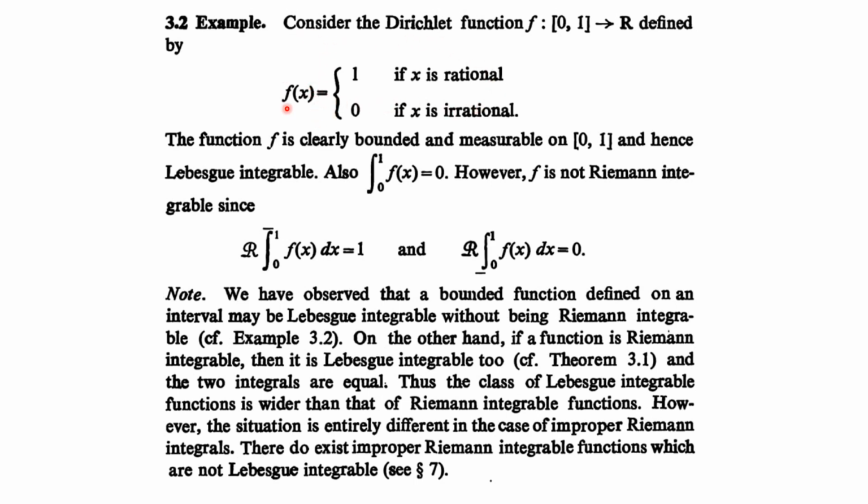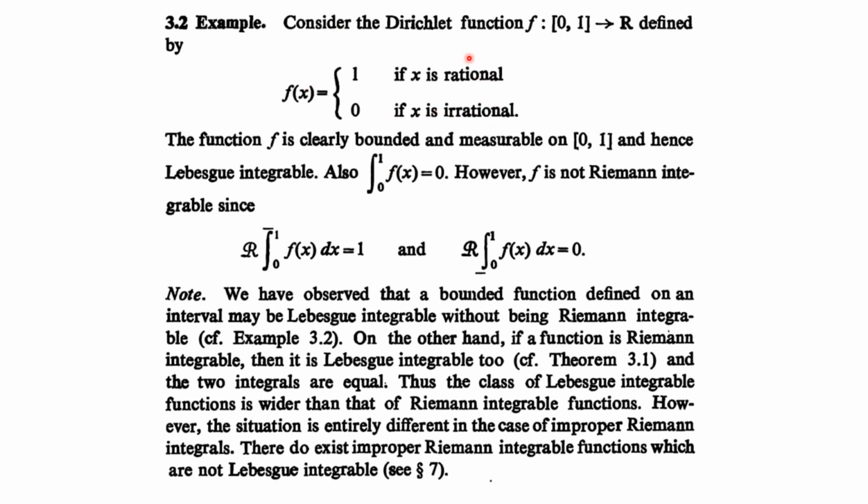That is, the integral of f is equal to the integral of 1 over the rationals plus the integral of 0 over the irrationals. The integral of 1 means 1 times the measure of the rationals. What is the measure of the rationals? The measure of the rationals is 0. The measure of every countable set is 0. So 1 times 0 is 0, plus 0 times the measure of the irrationals. The measure of the irrationals over this interval is 1. So 0 times 1 is again 0. So we get that the integral of f(x) over [0, 1] is 0.